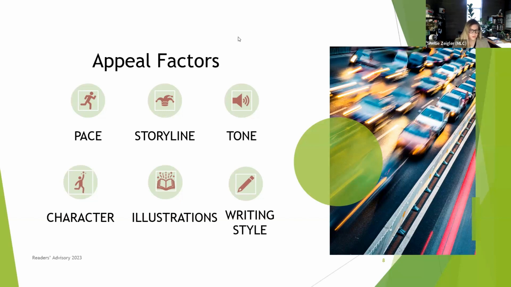Illustrations. This only pertains to picture books and graphic novels. Some examples of this, there's a whole lot of them: black and white, bold, folk art, realistic, there's a lot more. And then writing style. This is basically how a book is written, from very complex language to the level of